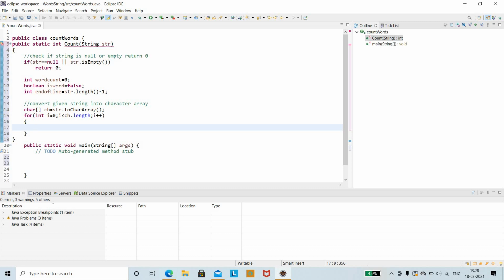Once it is done, what you're going to do is check whether the character is a letter, or if it is not a letter, what you are going to do. You need to check each and every condition to match the test cases. So therefore we shall check if the character is a letter, check if the character is a letter or not.